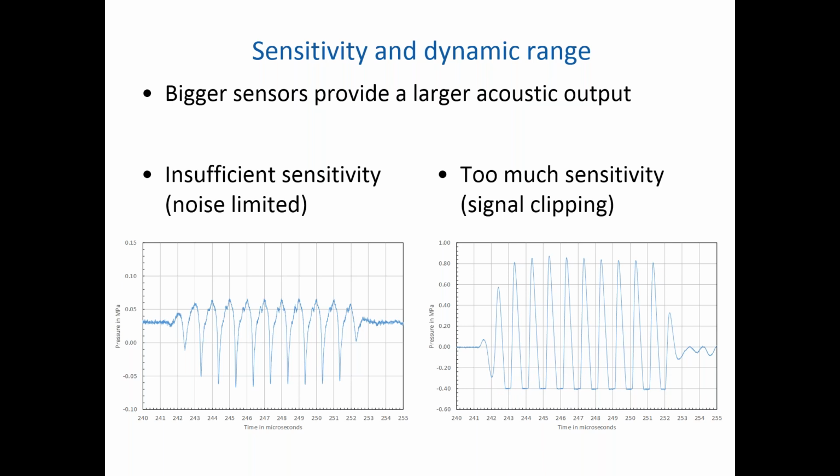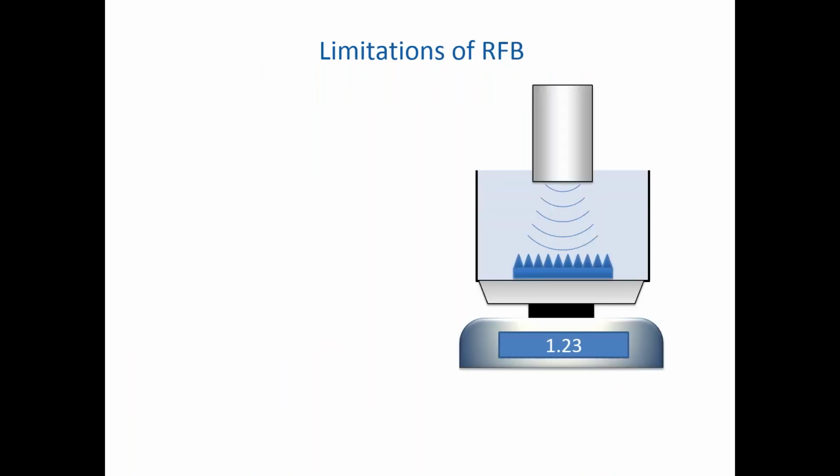Thus far, I've only considered limitations on hydrophones, but it's also worth bearing in mind what can go wrong with a radiation force balance as well. Clearly, if we have environmental vibrations, we can see that we might get a transducer that's shaking around. Now, the principle of operation of a radiation force balance is that we're exerting a force down onto the target. Whenever this beam is arriving at a non-normal incidence, we can have a situation where we have a horizontal component of force. So not all of the force is exerted on the target,